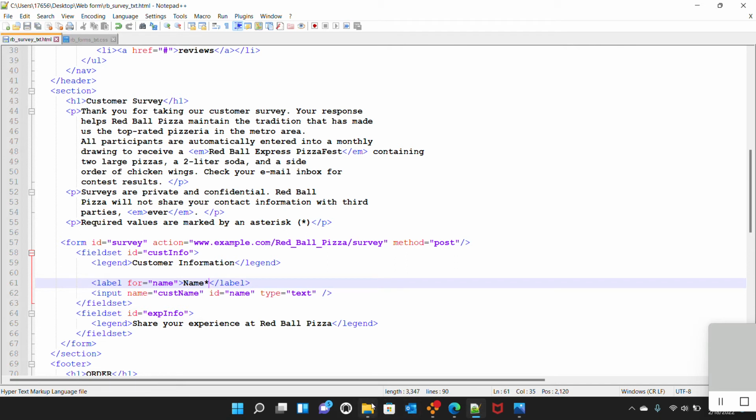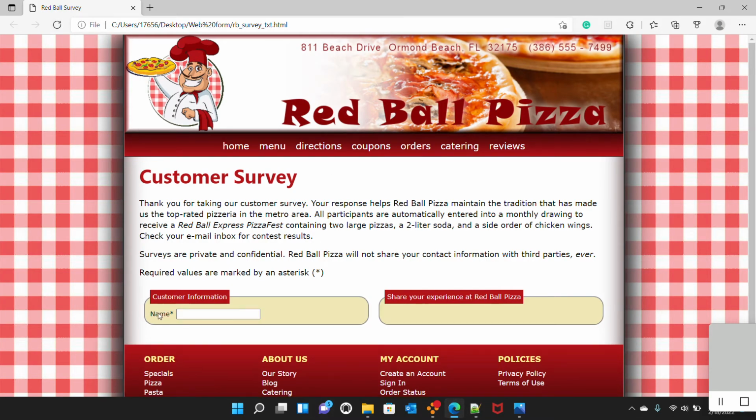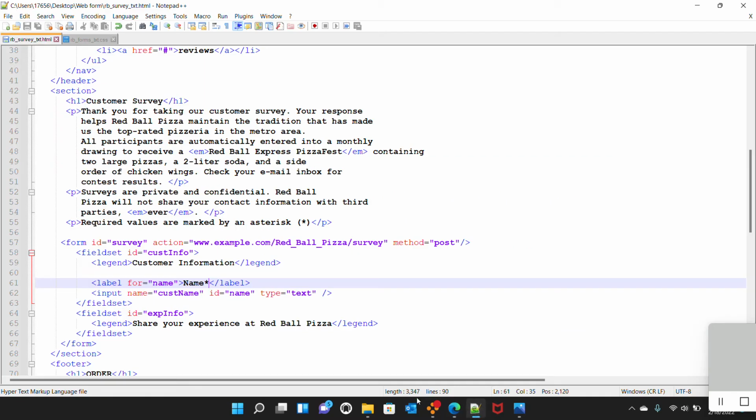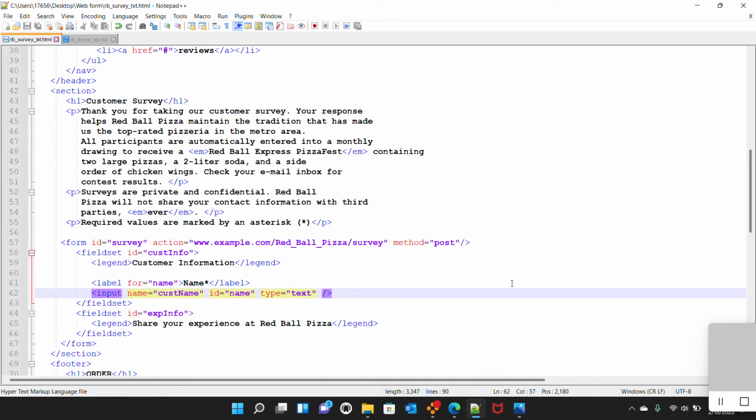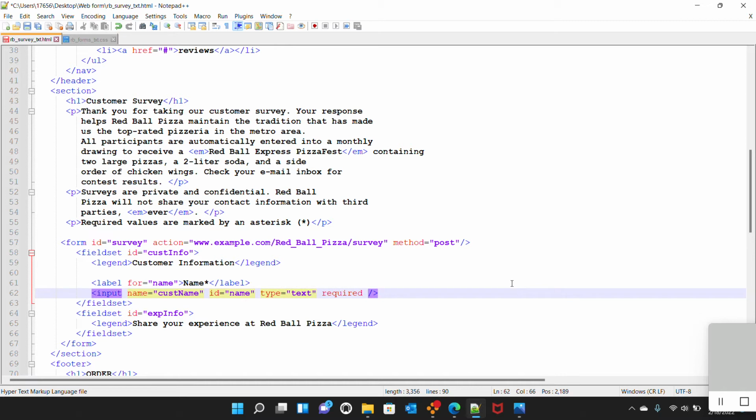Okay, so I'm going to go back to the survey form, refresh. Here we have name star, and this is the input box to receive customers' input. And I'm going to add required to the end of the input box to make users enter a value in this field, because name is a